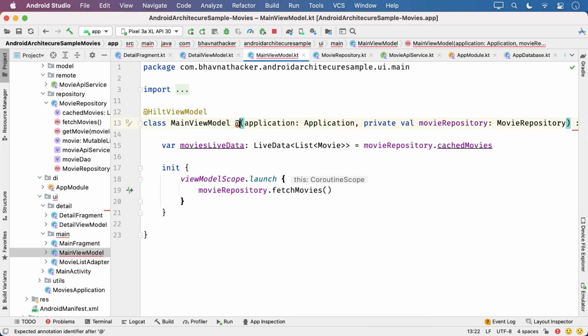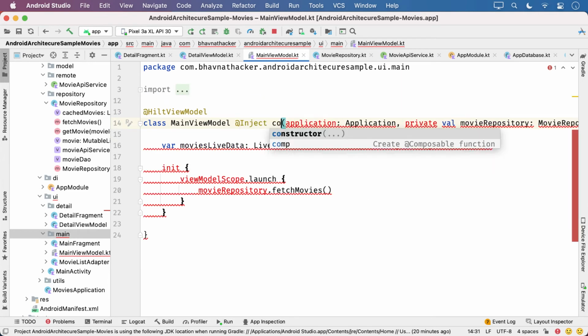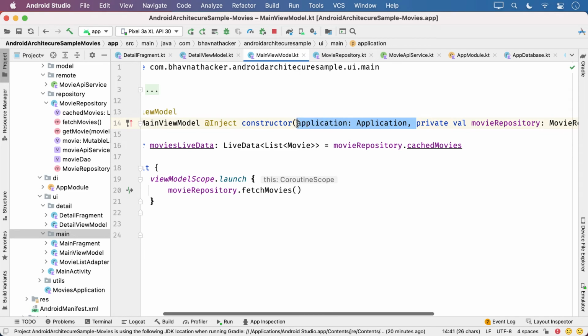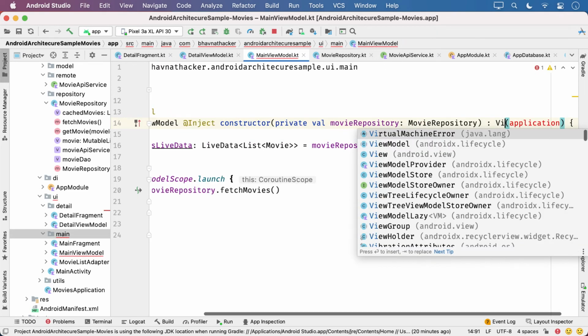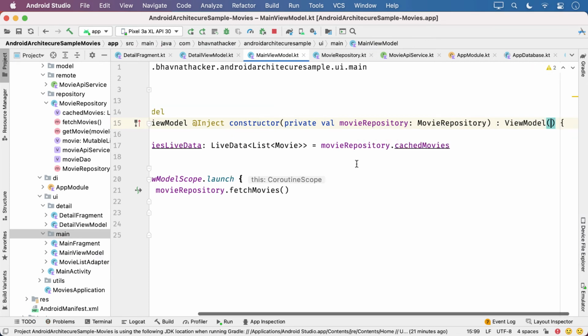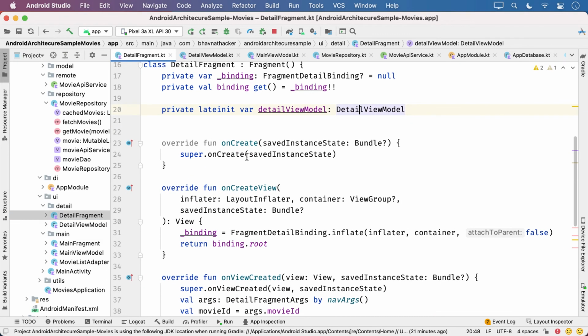Same thing you're going to do for main view model. Here @Inject and constructor. Application we no longer need it, and Android view model, instead of that you can just say view model. No need to pass the application. Now go to fragments, both main and detail fragment.